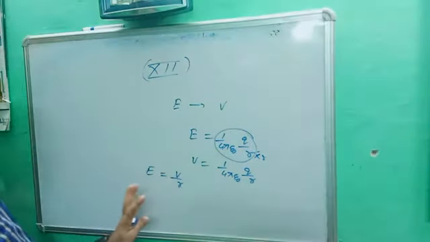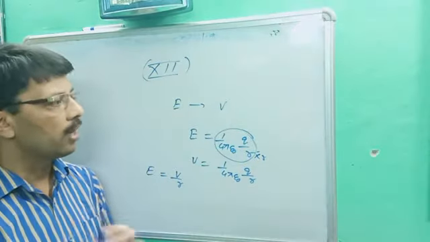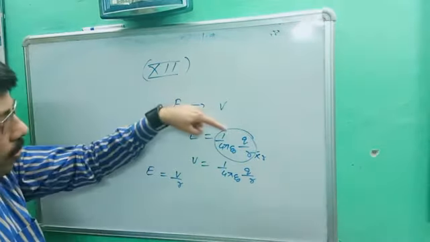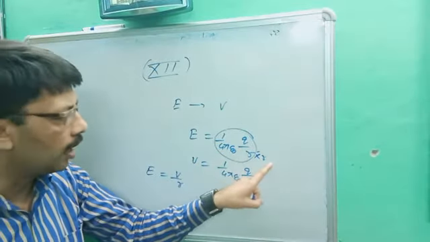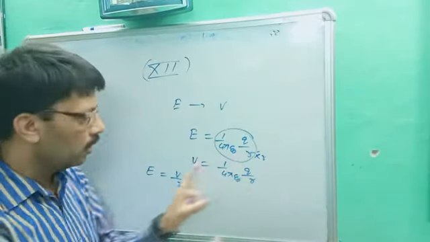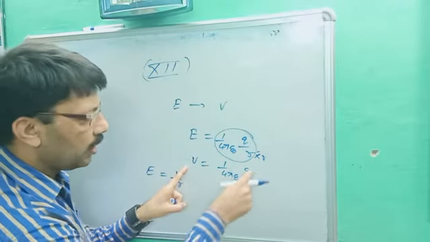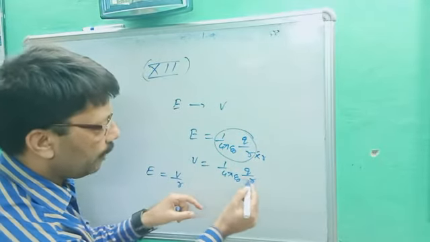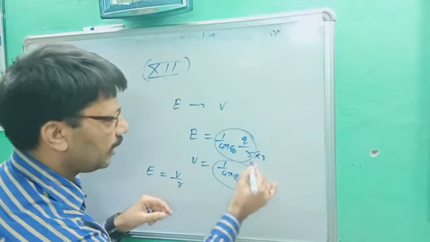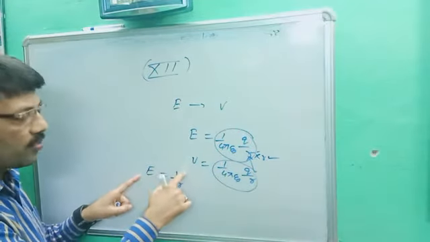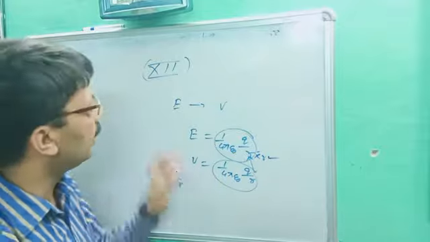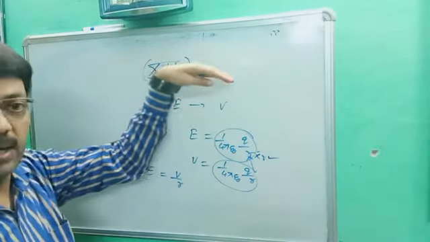Now, this is not the exact answer, but I am giving you a rough idea. Electric field E is equal to 1 upon 4 pi epsilon naught Q upon R square, where R square means R into R. V is equal to 1 upon 4 pi epsilon naught Q upon R, this is the potential. If we put the value of V, it will be V upon R. E is equal to V upon R. This is the rough idea about the relation between electric field and potential.